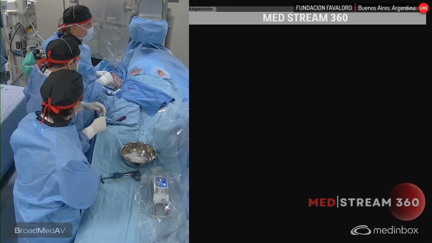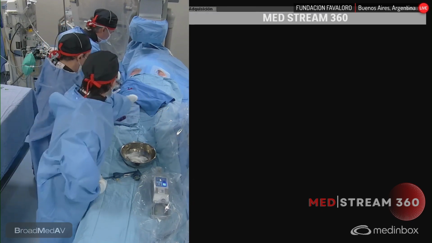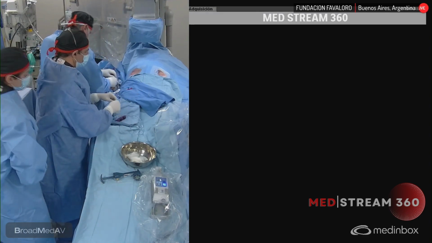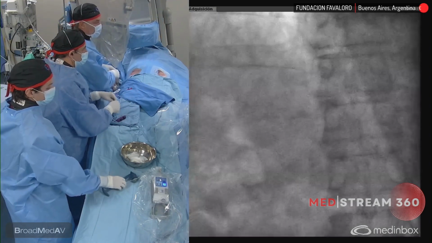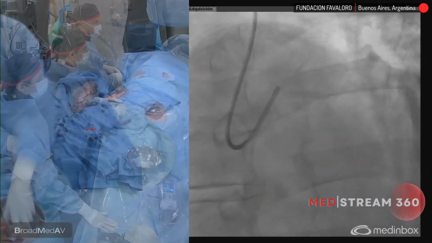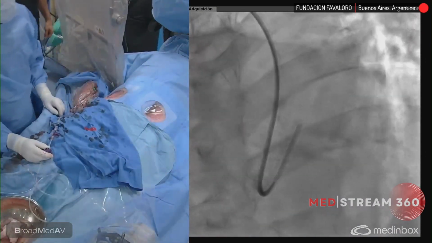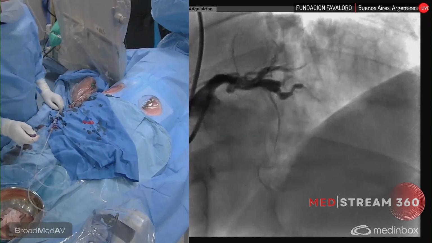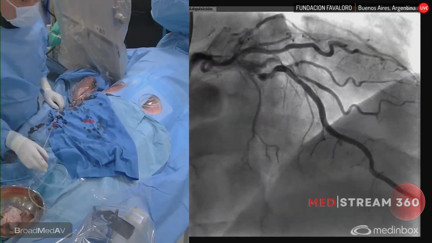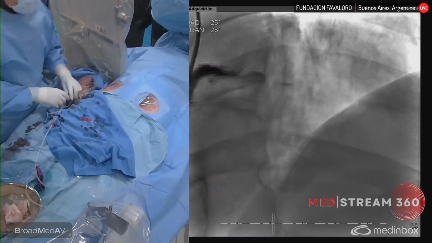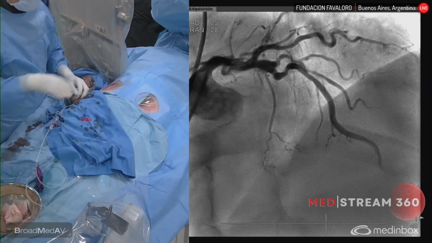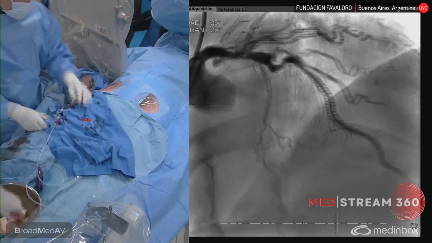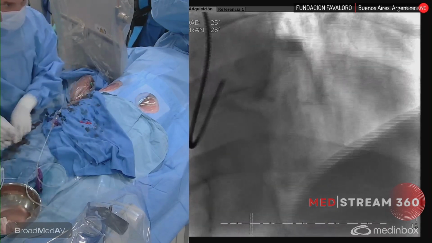You can share the monitor views. We are going to advance the guiding. This is not the guiding I like the most, but this is the guiding that we have. So here we can observe the calcium. We are dealing with a lot of calcifications today. So we are going to use the regular BMW wire. We are going to cross this lesion, and then we will decide